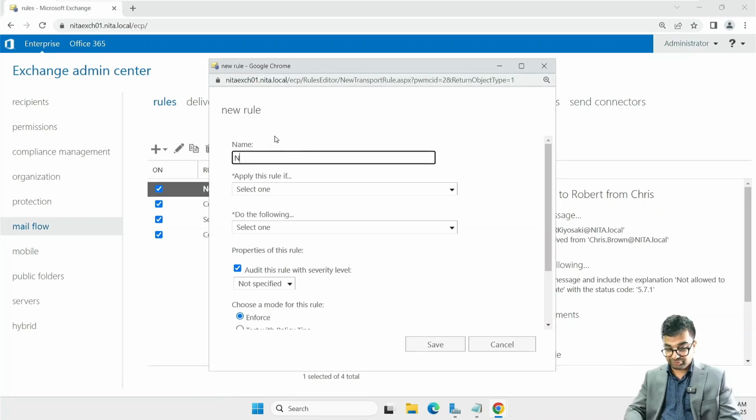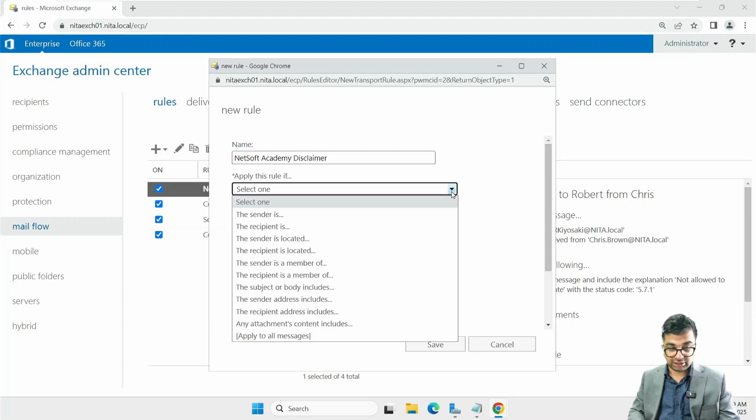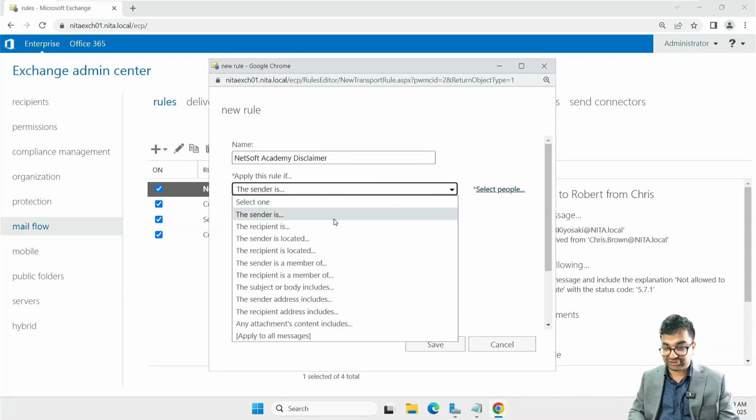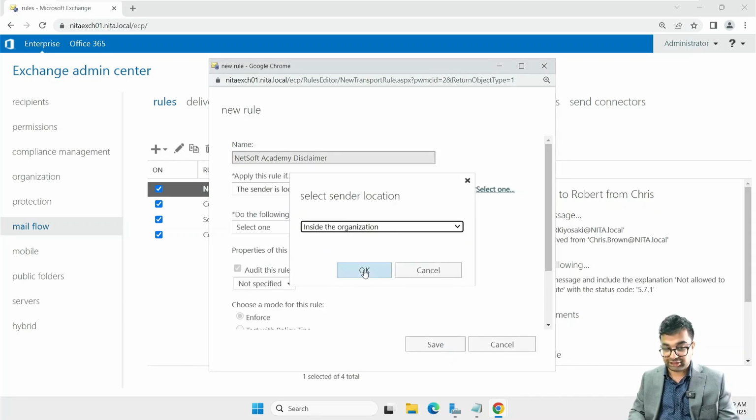Now this rule name would be NETA or NetSoft Academy. Let's say NetSoft Academy disclaimer. Remember, everything is part of the NetSoft IT Academy. So it isn't going to make that big of a difference if I say NETA or NetSoft Academy. It's the same thing. So under this, apply this rule if the sender is located inside the organization